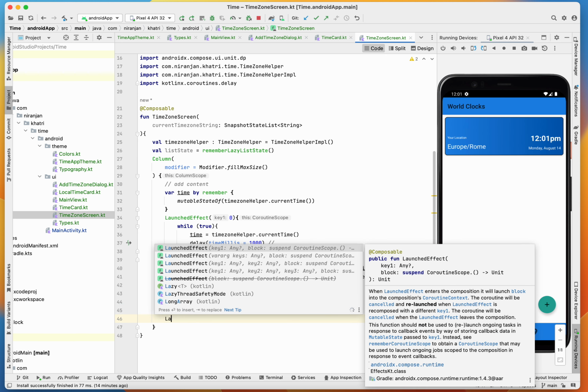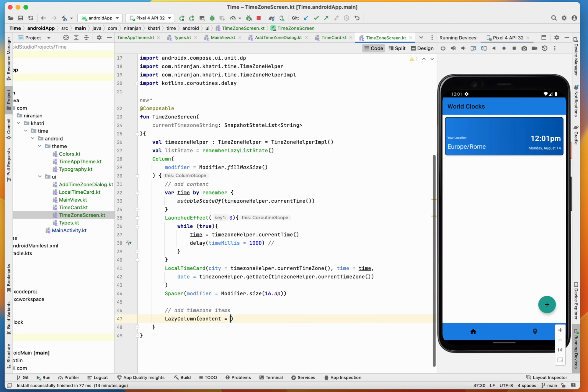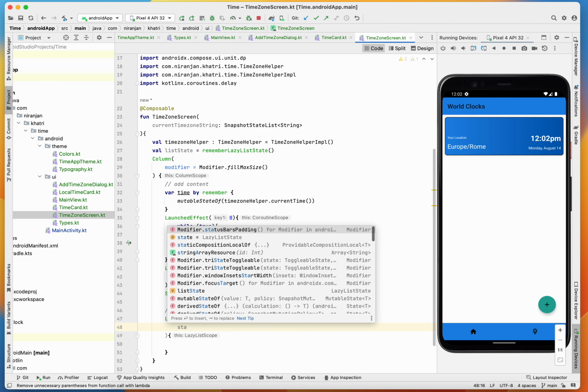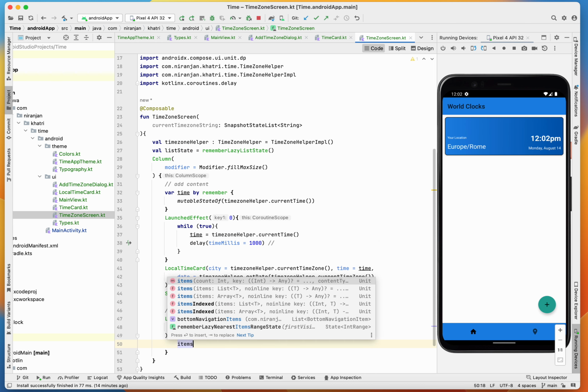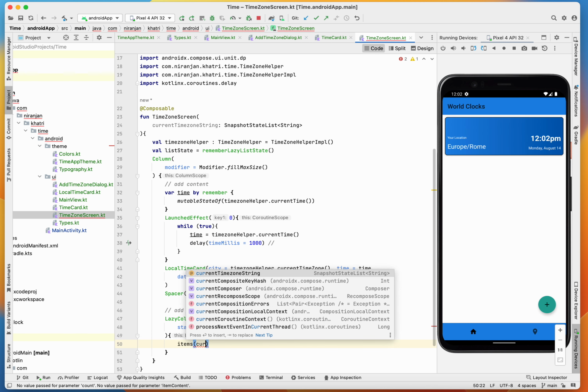Okay, in the lazy column we'll pass our content, but here we need to pass our state, like list state, and then here will be the items, current time zone strings,